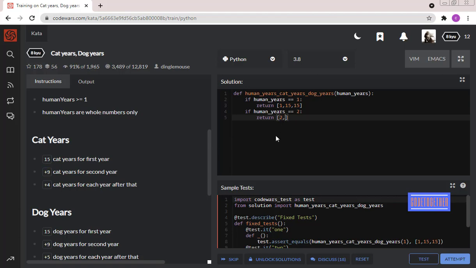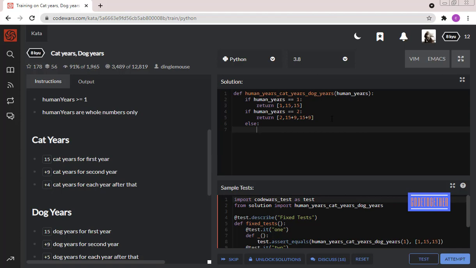So we have to write 15 plus 9. Okay, and the dog year is the same, 15 plus 9. Okay, if the human years is equal to 2, and else